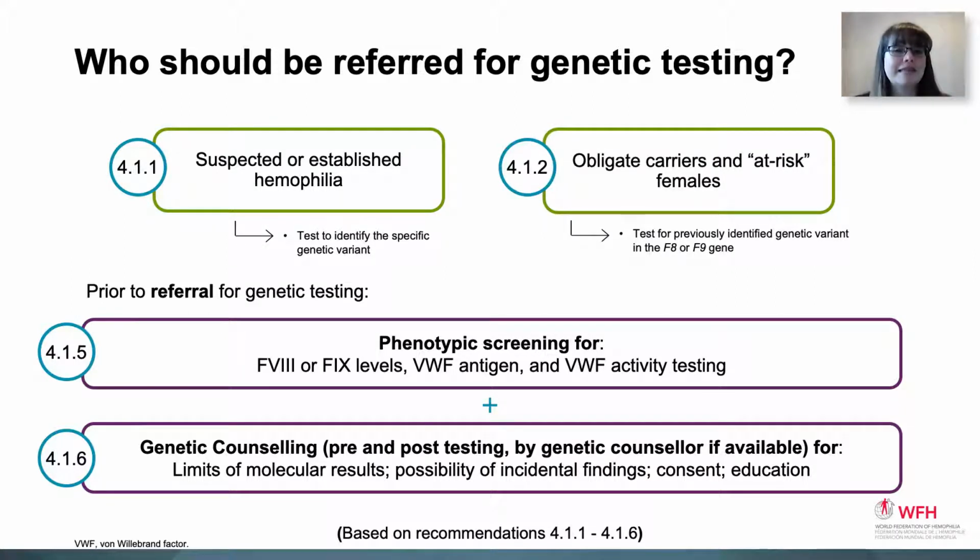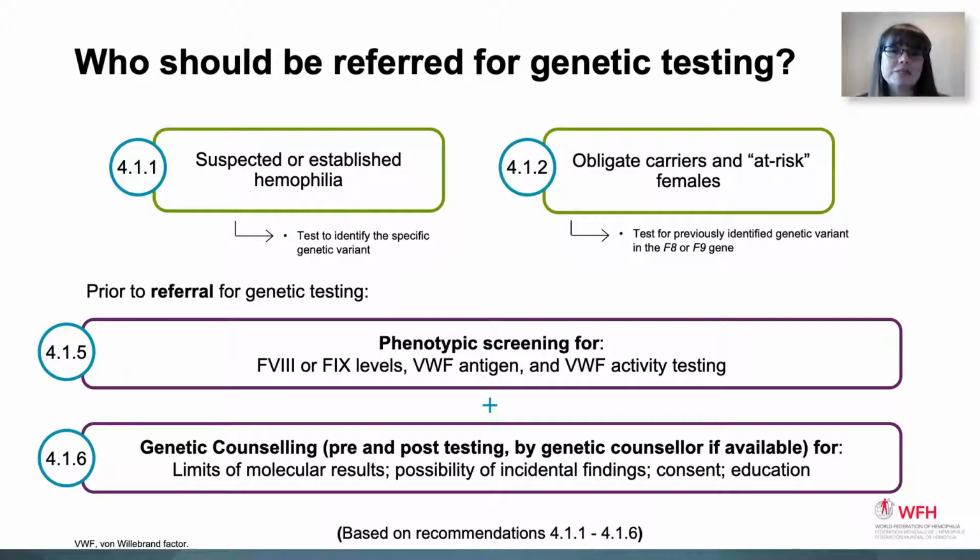After we have identified the underlying disease-causing variant in the index case, we can offer testing to obligate carriers and at-risk females within those families, which can then be used as a tool for prenatal diagnosis in the future. For symptomatic females who have low phenotypic coagulation factor 8 or factor 9 levels, then we can offer genetic testing to identify if there is an underlying genetic cause in the factor 8 or factor 9 gene that is causative